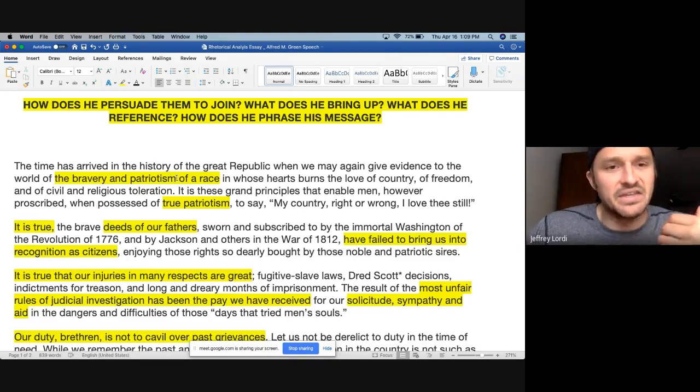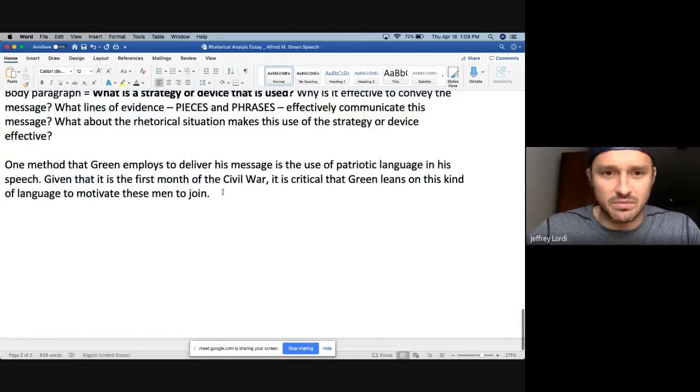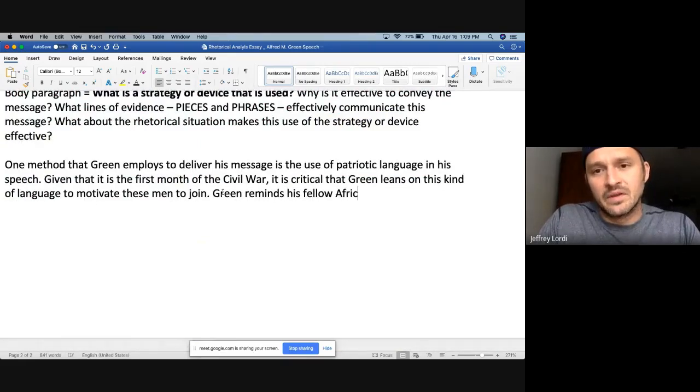So to me, it's like he's calling them out as, we are a brave race, we are a patriotic race, this is what we do. So it's this idea of reminding them who they are. So I'm going to use that as a piece and say, Green reminds his fellow African Americans that